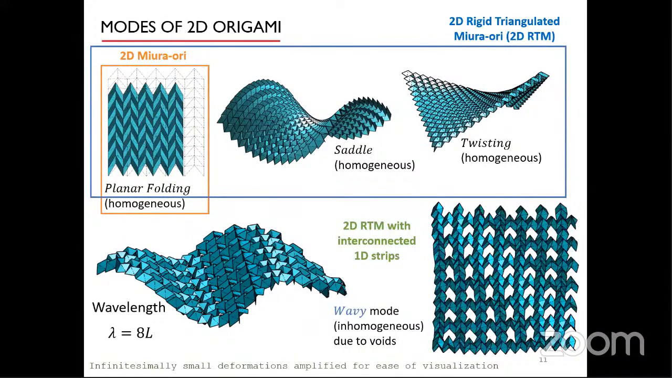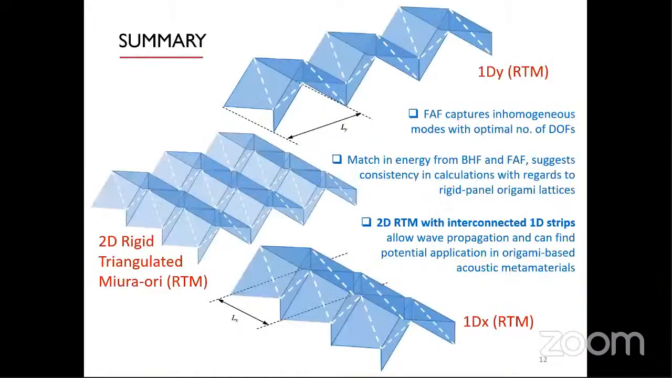This is attributed to the enhanced freedom owing to the presence of voids in a structure formed with interconnected 1D strips. This is proof that 2D RTM with interconnected strips allows wave propagation. We conclude that 1Dx and 1Dy as well as 2D lattices with interconnected 1D strips exhibit inhomogeneous deformation modes that